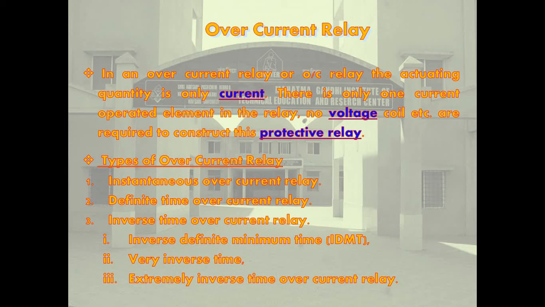The output of the relay is a normally open contact which changes over to the closed state when the relay trips. The relay has two settings. These are the time setting and plug setting. The time setting decides the operating time of the relay, while the plug setting decides the current required for the relay to pick up. In the next slide, we also discuss the plug setting and time setting.